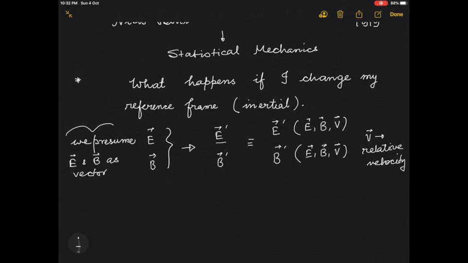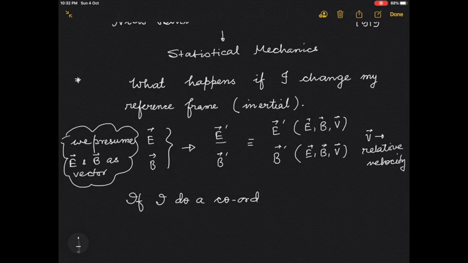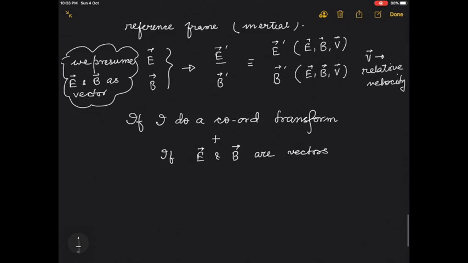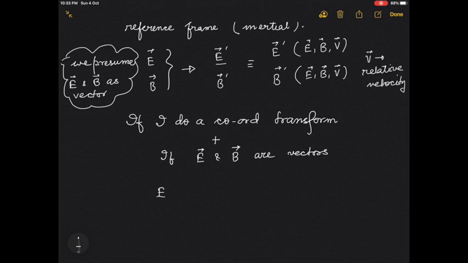And if I do a coordinate transformation, which changing reference frame is, and if E and B are vectors, then I will expect